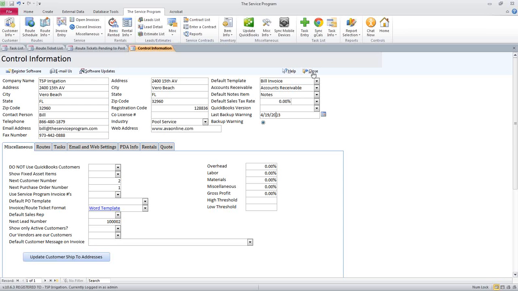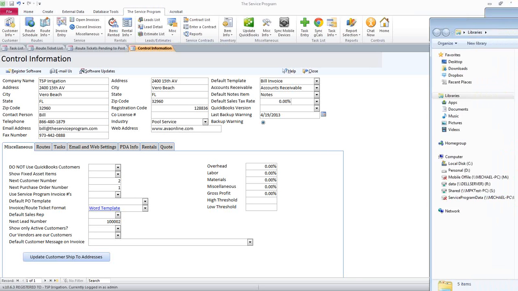And it will make an automated backup for you. Now, if you want to back it up manually yourself, it just depends where we have the data sitting. If you have more than one user using the service program, you may have it on a server along with your QuickBooks data. We just have one user. Just one user. Okay, on your computer,